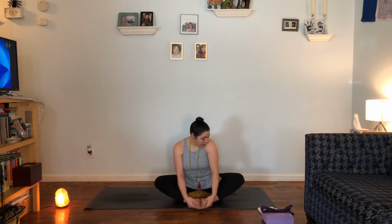This may be enough for you. Or you may want to grasp your hands around your feet. Peel the soles of the feet open with the thumb. As you engage the elbows to press right into the knees, allow your chest to dive forward here. Wherever you are taking your butterfly pose, please remember,